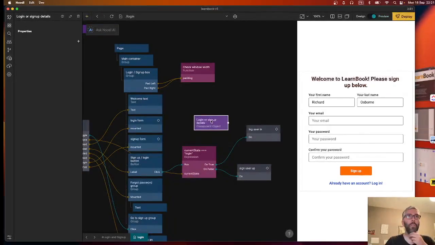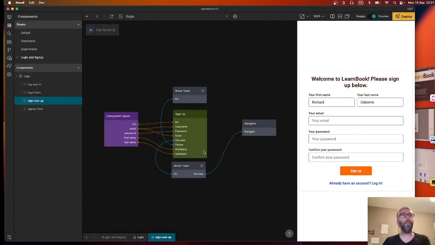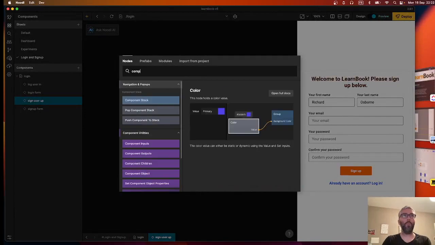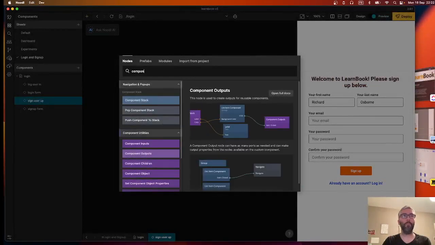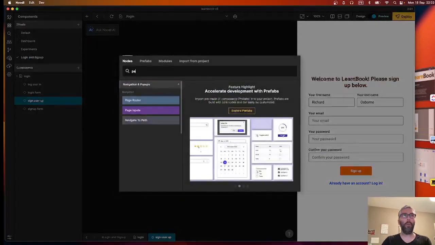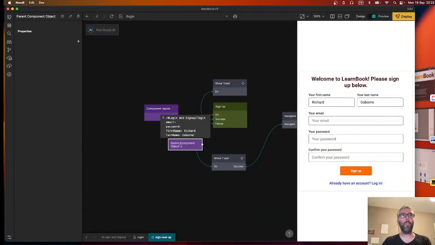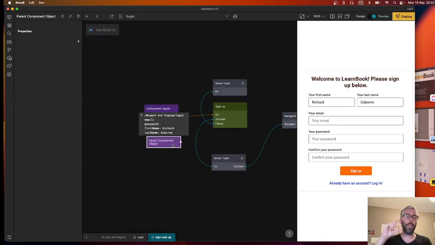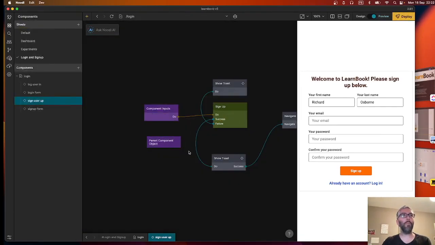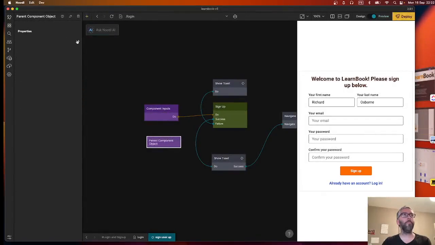So we've got our component object, and if we go into sign user up, here we're going to disconnect all this stuff because I'm being very clever and using component objects. Now I need to type the properties, because otherwise it looks and sees, oh look, there's this stuff in a component object that is my parent, my most neighboring parent, but there are no outputs because I haven't defined them. So I have to define email,